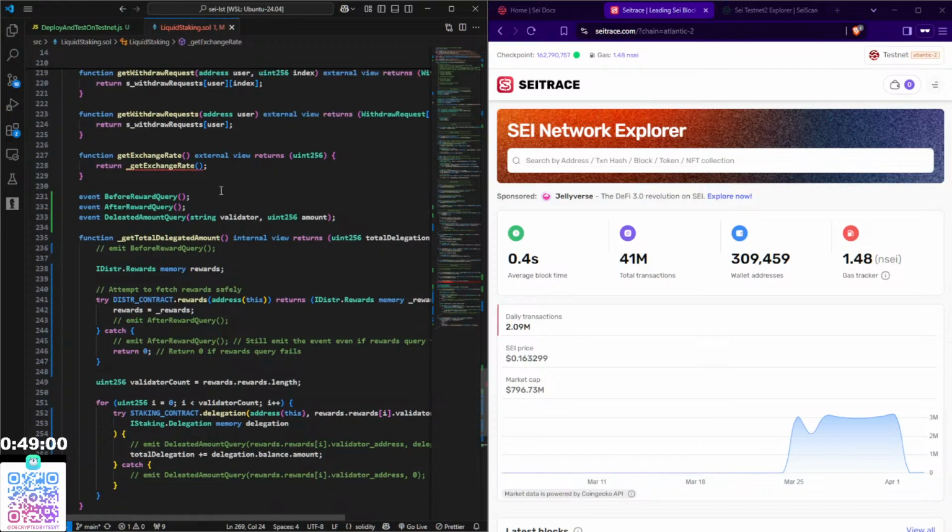Now we need to remove all these view functions because